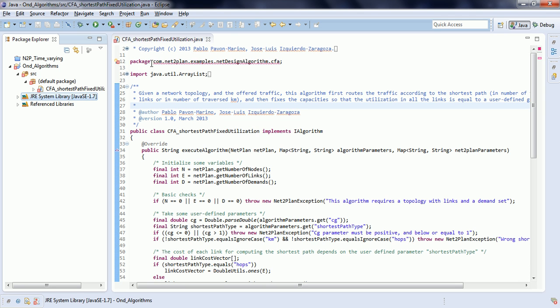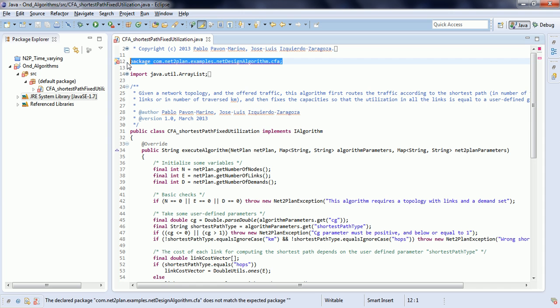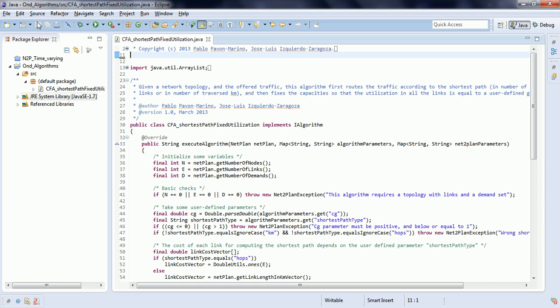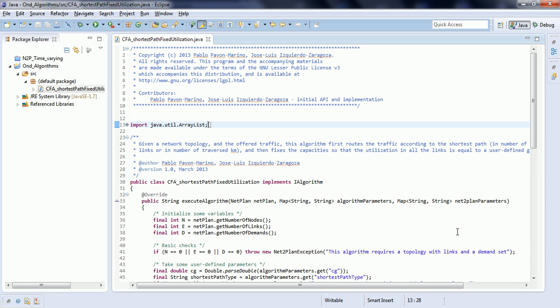This is because we have not included the source code file under the appropriate package. Right? We can just delete and remove this line here. We click on Save, and no errors are appearing now. I will proceed now to explain how the algorithm works and how it's coded. As you can see, the file contains only one class called CFA shortest path fixed utilization, which implements the IAlgorithm